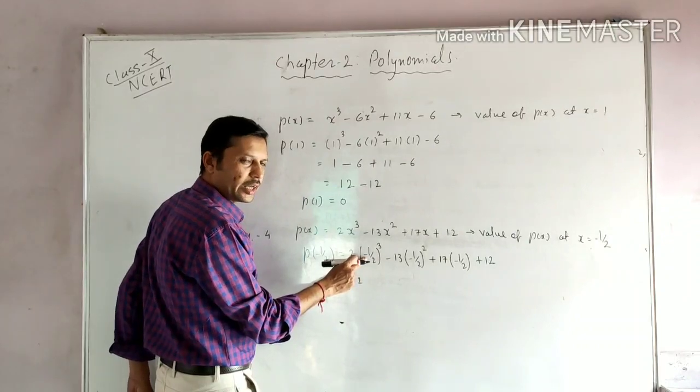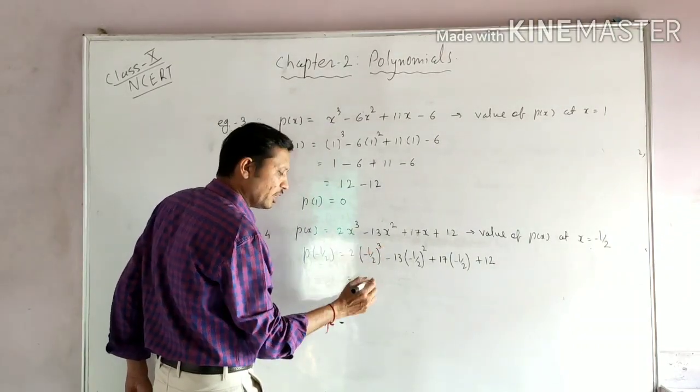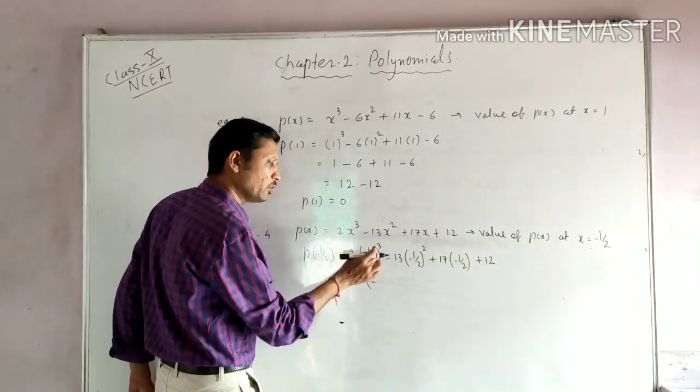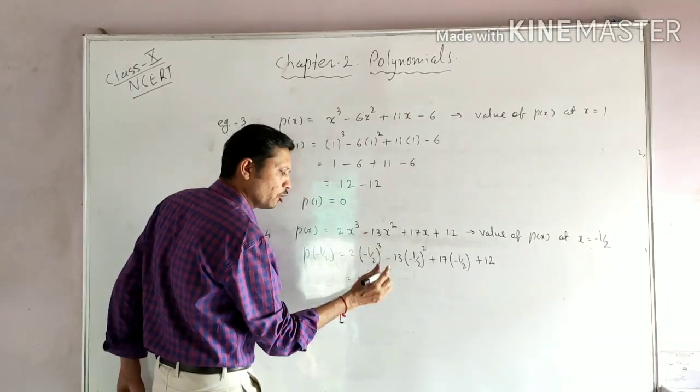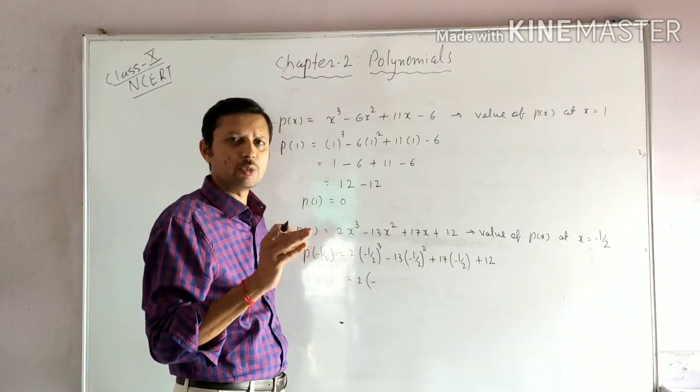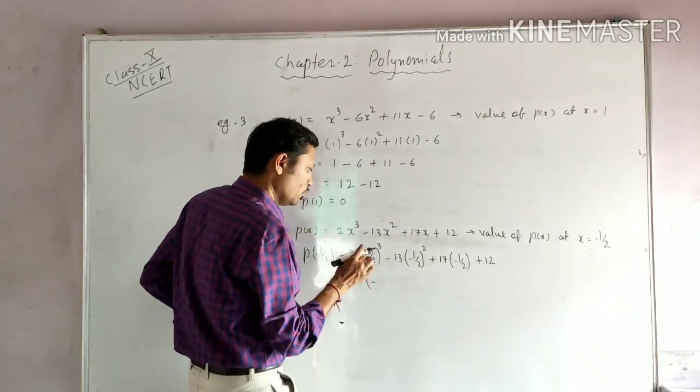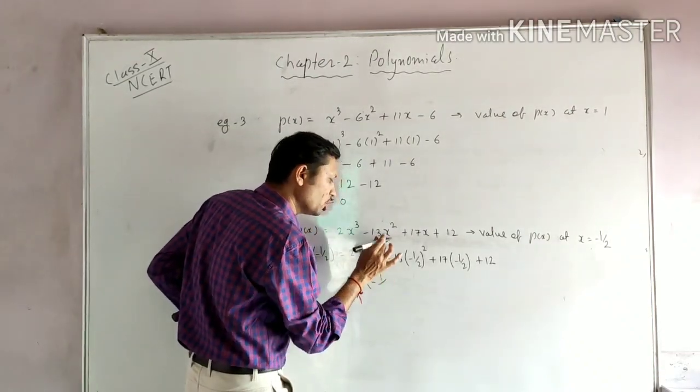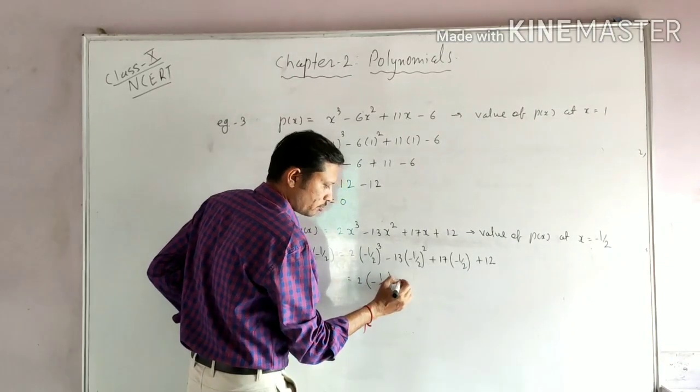Now this one is a negative number. An odd power is there, so the answer is negative. If it is an even power, the answer is positive. Now the numerator 1 is there. See, fractional numbers are there, so we make the square and cube of the numerator and denominator separately. 1 the cube is 1. 2 the cube is 8.